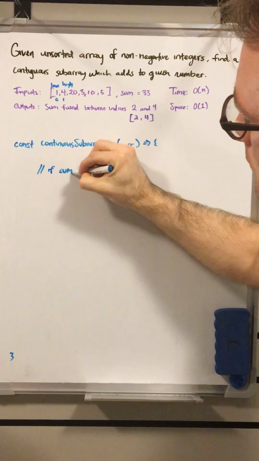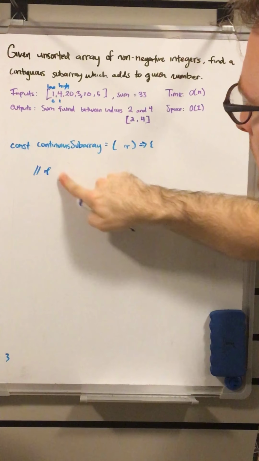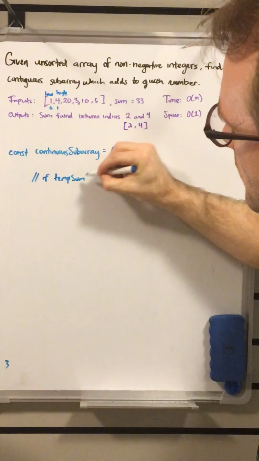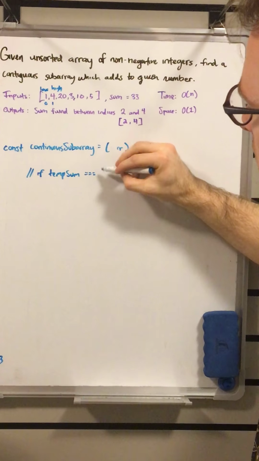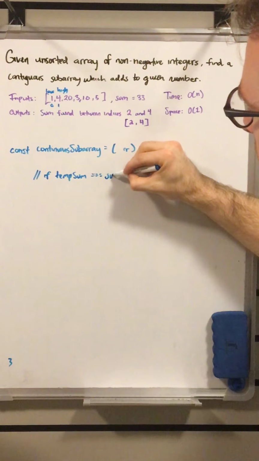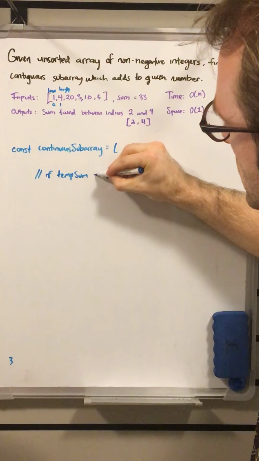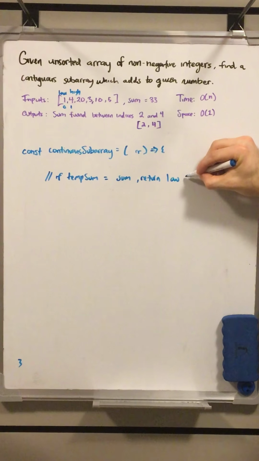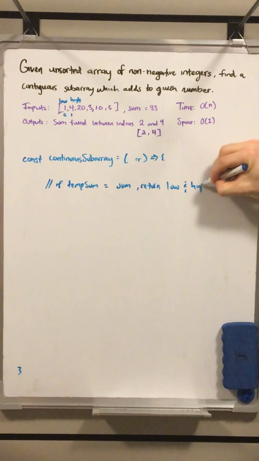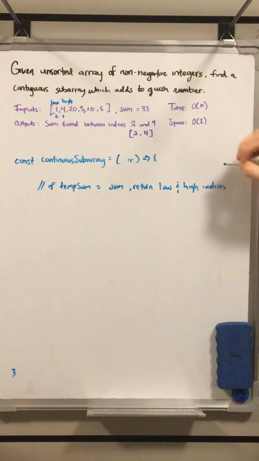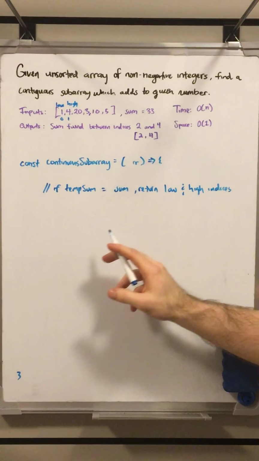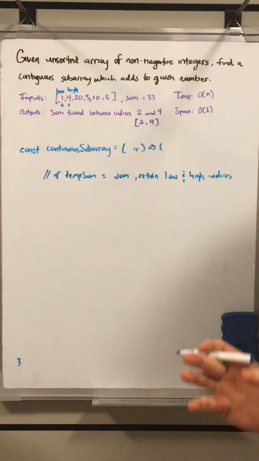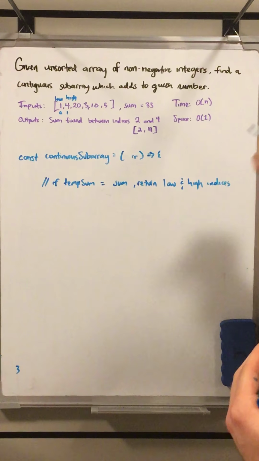We basically want to ask if the sum, or say the temporary sum, if temp sum is equal to the sum, return the low and high indices. So that means we have this temporary sum that's adding up our low and high. If the temporary sum is lower than the target sum,